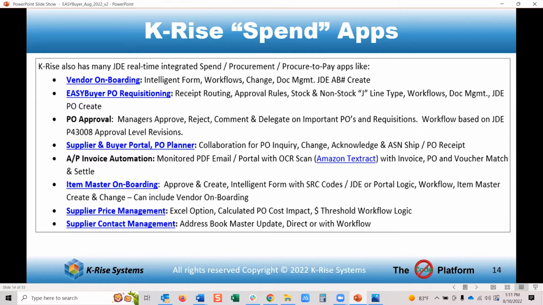On the fourth bullet item there, we're going to touch on, okay, the PO's created. Ben's going to briefly show a buyer supplier portal, which we call PO Planner. So the supplier gets notified, and they can inquire on it off of a portal, and work with the buyer in terms of PO change, PO acknowledgement. That's something that people want very badly. ASN, even getting into the AP automation